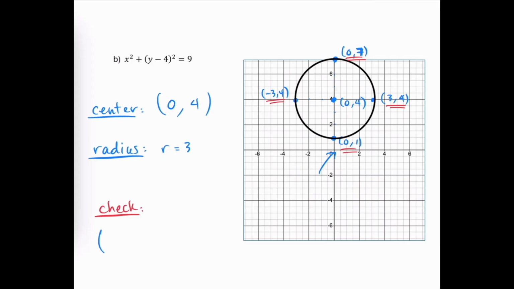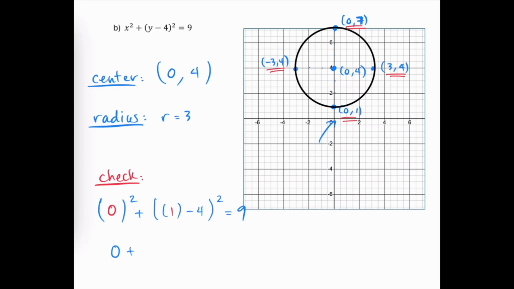So the check would be to plug in 0, 1 for the x and y values in the original equation. So that means we'd plug 0 in for x, 1 in for y, and we'd get 0 plus 1 minus 4 is negative 3 quantity squared, and this is going to give us positive 9 is equal to positive 9,